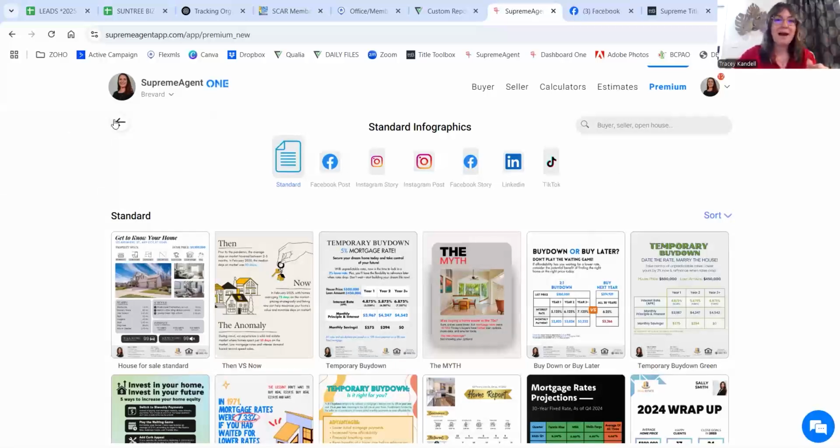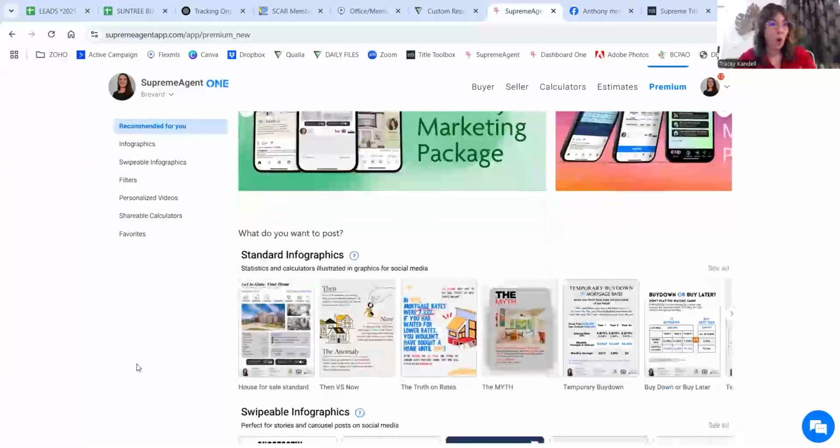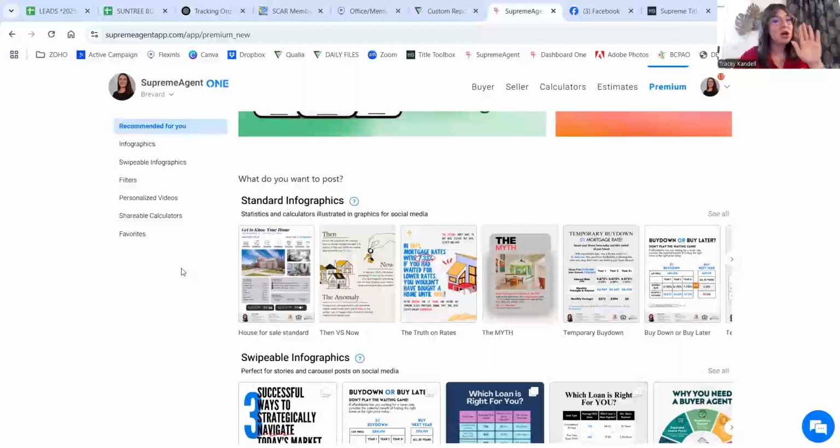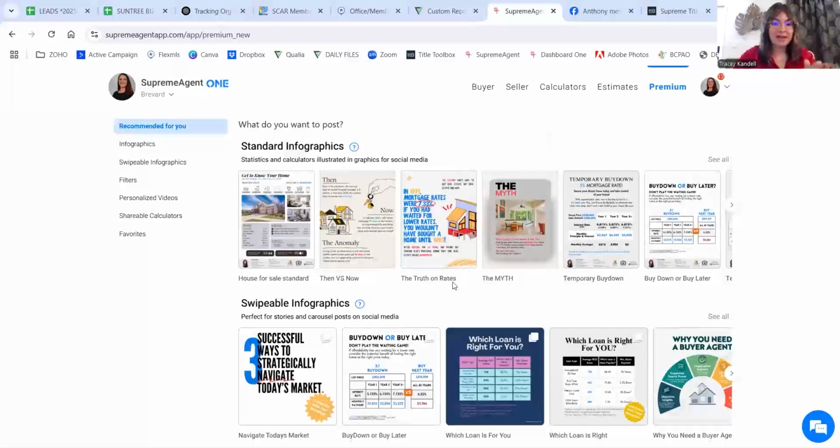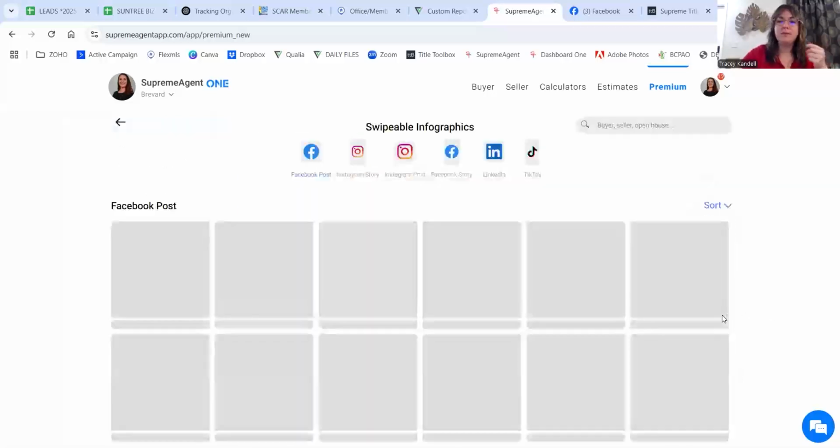All right, so let's go back out from standard infographics to swipeable infographics. So the standard are going to be one page, and we were looking at that. So here's the buy down or buy later. A lot of them are going to overlap. And the reason being is because this one has everything on one page, but this one kind of separates into a couple of pages, and I'll show you why. So when in doubt, you can always see that there's like a little icon and it looks like multiple pages. That is what it's showing. But when I see all,